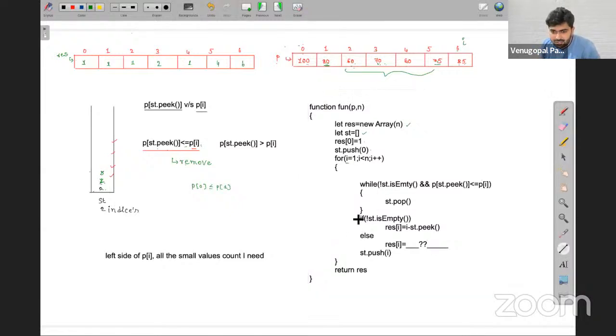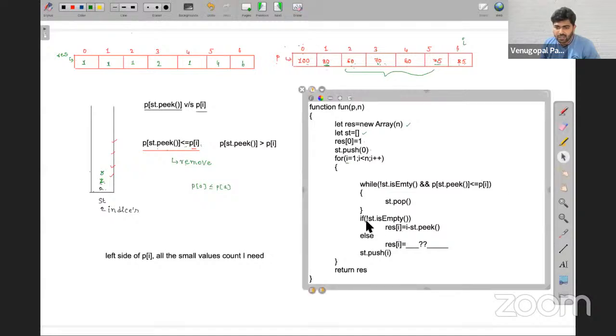Now, these 2 things I can combine into a single statement, friends. How? Like a ternary operator. So if the stack is not empty, then I can fill this. So I'll remove this, or else I'll write it here only.